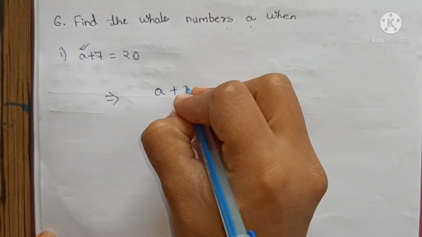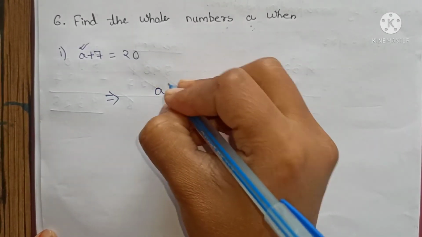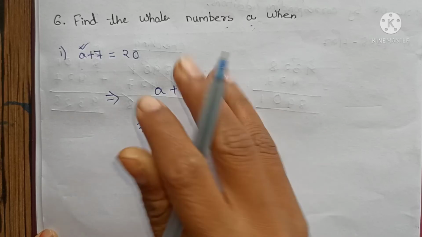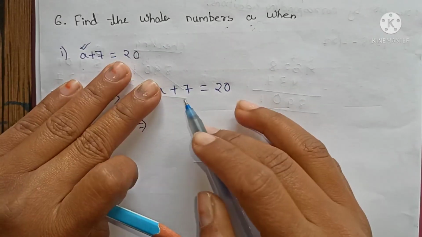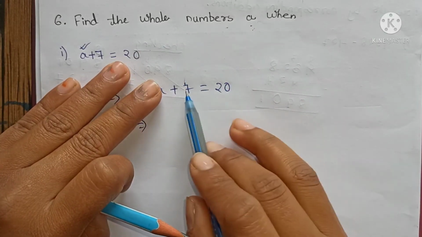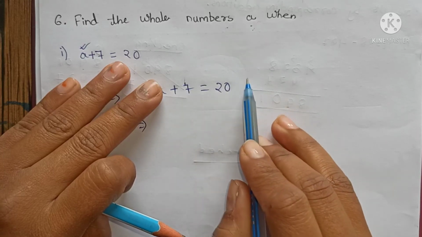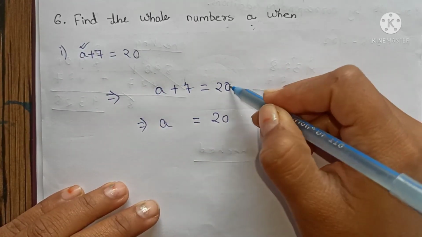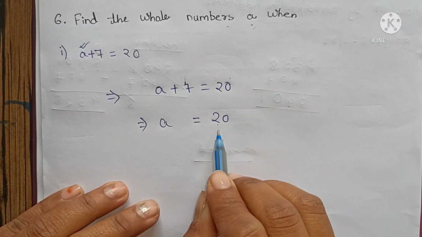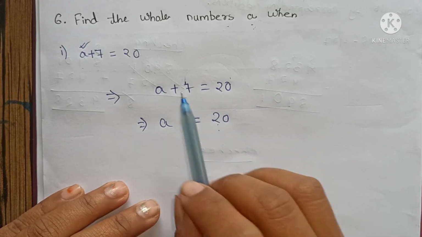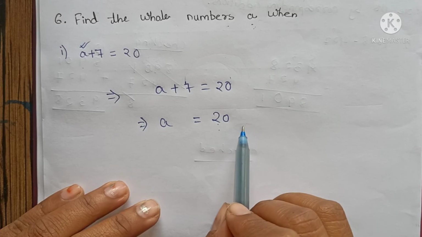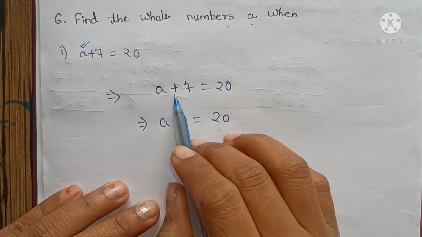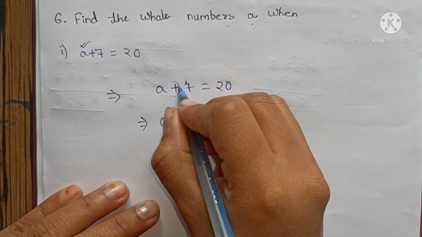So a plus 7 is 20. We have to find a. So we have to leave a alone. So we will transpose 7 to the other side. Now 20 was there, 20 will stay where it is. 7 will come beside 20. Now since here 7 has a plus sign,